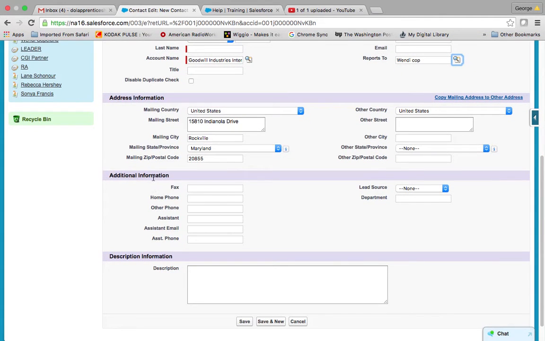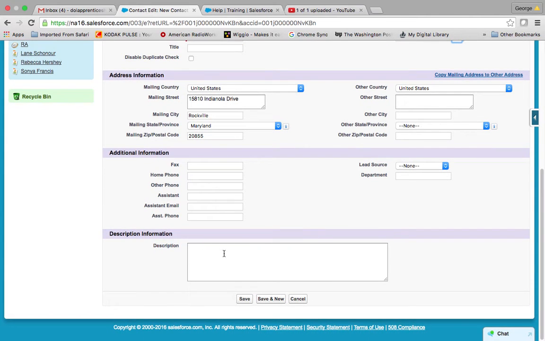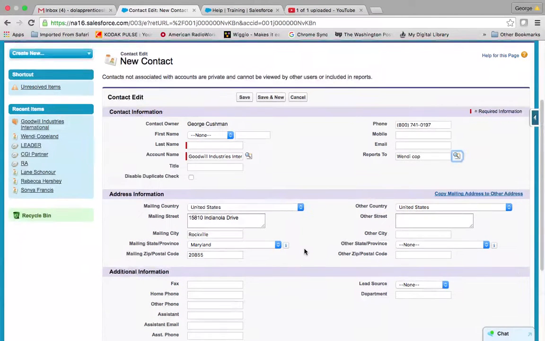The next area down is additional information, fax if that's important, their home phone if that's important, or another phone. Oftentimes the assistant and the assistant email and the assistant phone is very important. Sometimes there's a gatekeeper. The description area is simply an area where you can add in other information about that person. Sometimes you might find a bio online or something of that nature that could be very useful to know what other associations are dealing with. Once you save that,